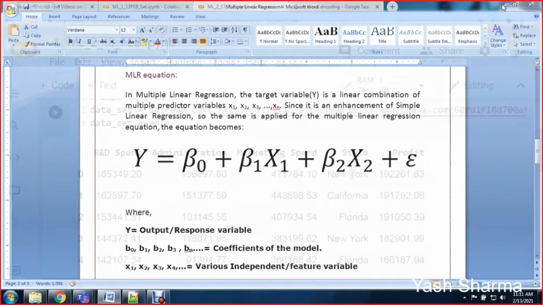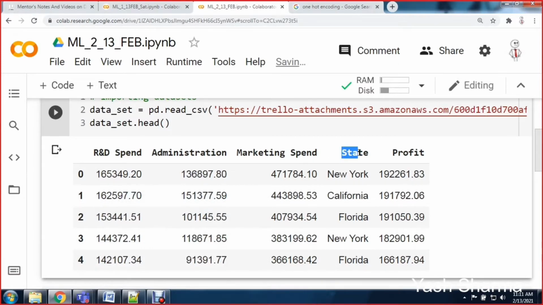But here this state is a categorical variable, which cannot be directly applied to the model, so we will encode it. Okay, so in order to encode the categorical variable into numbers, we will use the label encoder